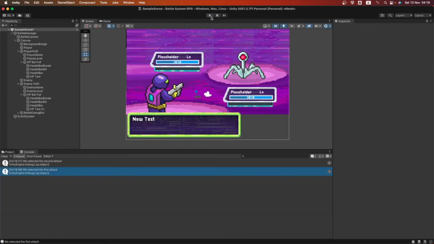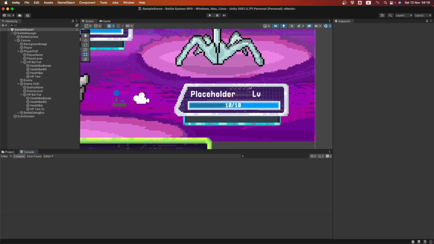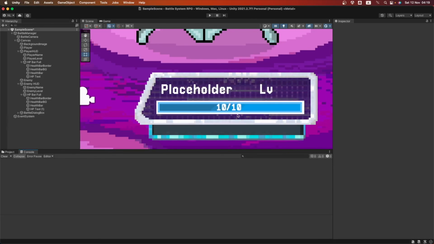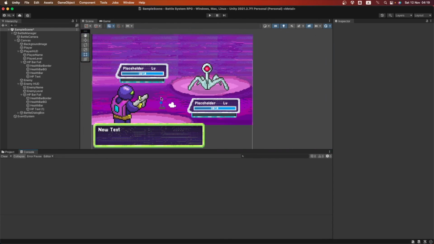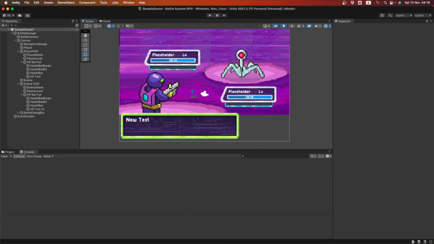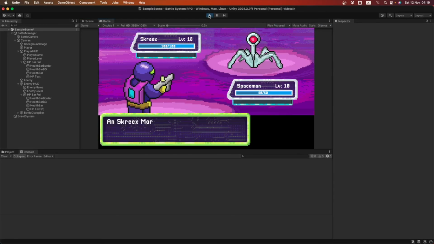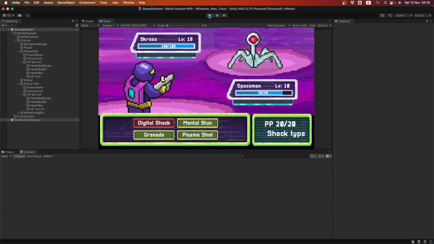Okay, so let's try that one more time. Here what we want to make sure we see at the beginning is not 10 of 10 points, but 60 of 60, which are the health points of this creature at this time of the game, depending on the level and the attributes that we set up on the scriptable object at the beginning when we created that player. So let's see if we are getting 60 of 60 again. Let's press play and wait for it. And yes, everything is updating okay. And now this is working as we intended.